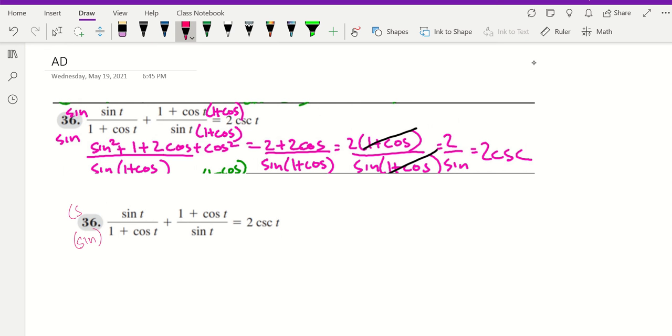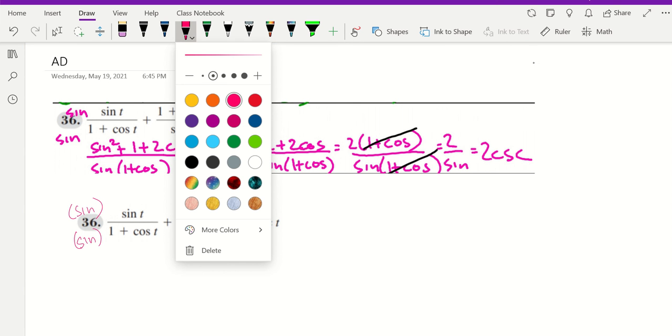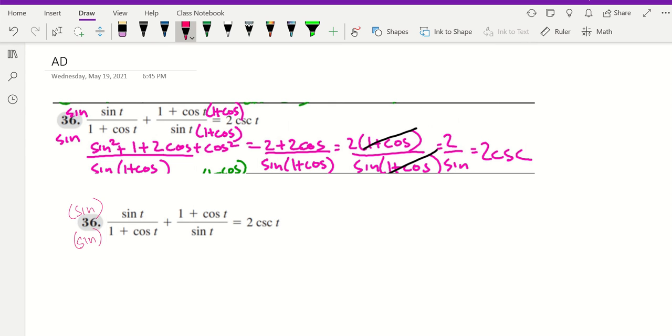multiply by sine on bottom, and sine on top. Okay, and then I'm going to multiply by 1 plus cosine here on bottom, and 1 plus cosine on top. Okay, and then since these denominators match now, I'm going to go ahead and combine them into 1. Okay, so I'm going to get sine and 1 plus cosine on the bottom,